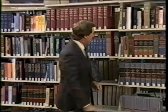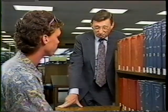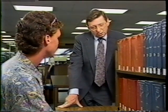For example, your library may not have one of the books written entirely about the Hindenburg disaster. However, you may find a chapter devoted to this crash in a book about great disasters of the 20th century. Or there may be mention of the incident in a book on journalism, since this was the first live coverage of a disaster. In order to find essays which have been compiled into an anthology, try looking up your subject